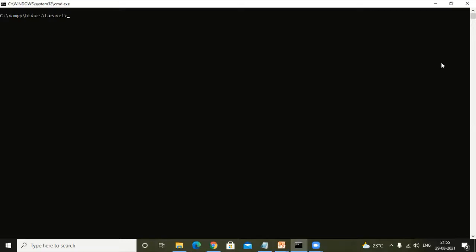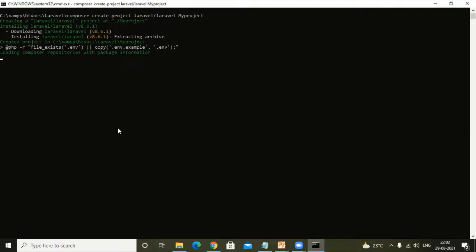Now create the Laravel project with the proper directory structure. The command will be like this, where you ask Composer to create a project of type Laravel, and the name of the project will be myproject, and then click enter. It will start the installation process.